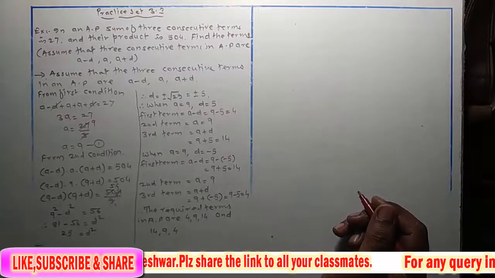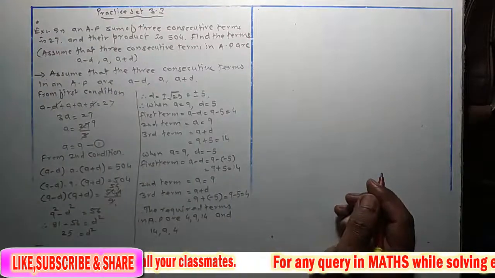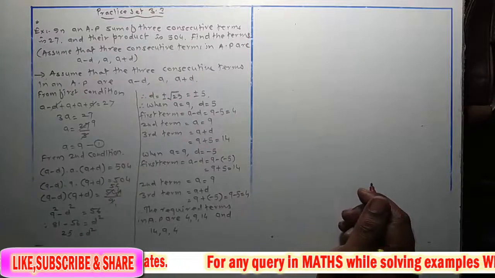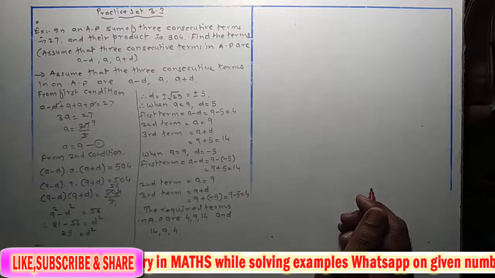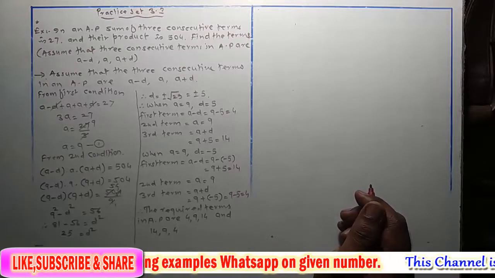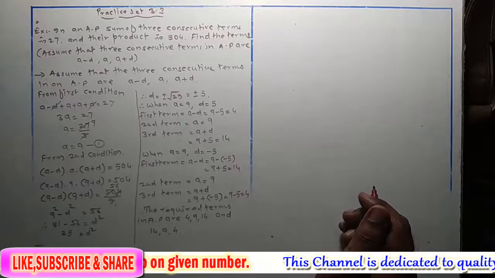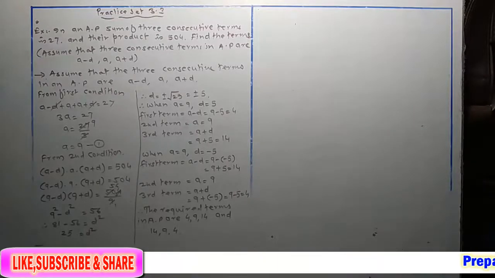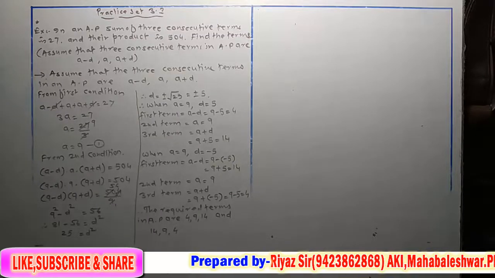Okay, now eighth example is given. This is also a star example. We have to find four consecutive terms, and those terms are given as a minus d, a plus d, and a plus 2d. Same two conditions are given, and simple conditions are there. Addition, we have to take addition of all the four terms, and then in second condition we have to take addition of third and fourth term. So by applying these two conditions, you will get two simultaneous equations in a and d. Just solve simultaneously, find the value for a and d, and find those consecutive four terms. Okay, that is the homework for you.